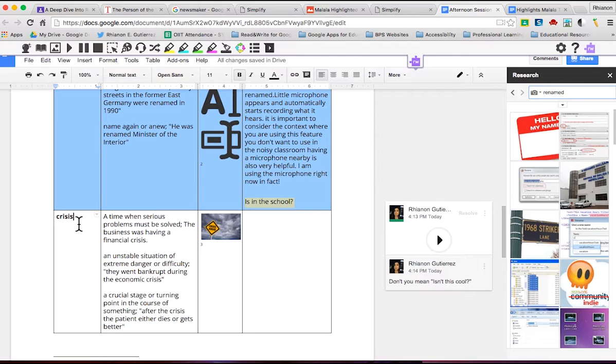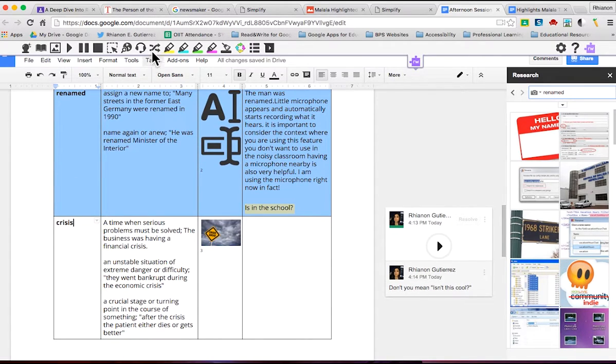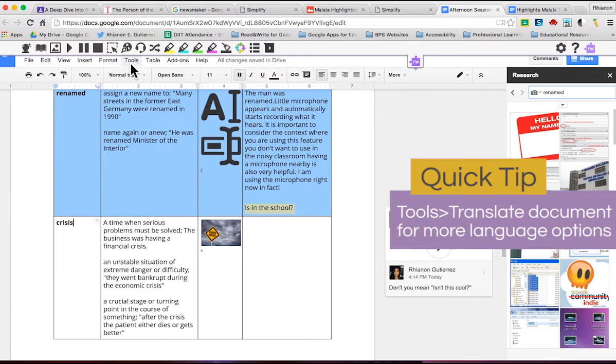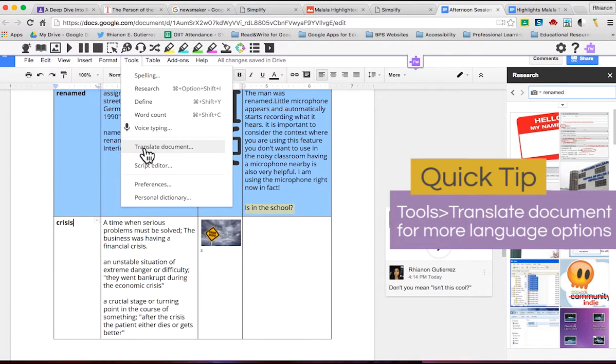I would encourage you to not only use the translation feature here of the Read and Write toolbar, but to also consider using Google Docs translation capabilities. Let's go to the Tools in Google Docs and go to Translate Document.